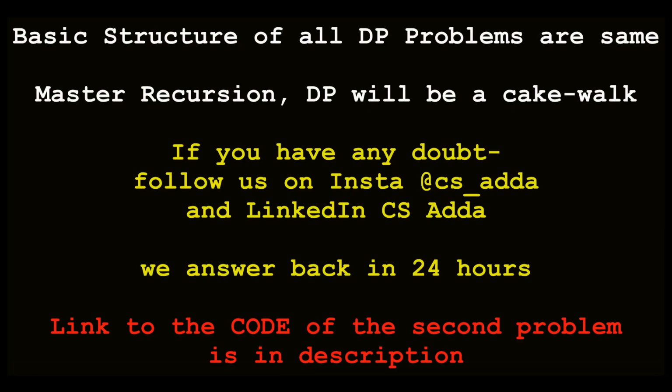So this brings us to the end of the discussion on dynamic programming. And this basic structure is more or less the same for every dynamic programming problem. It is just that you have to identify whether the problem has optimal substructure or not, and whether there are any overlapping solutions. So the main attention should be on solving the recursive solution and not the dynamic programming solution, because once you can solve the recursive solution, you can easily convert it to dynamic programming.